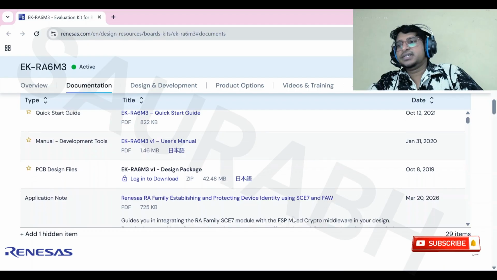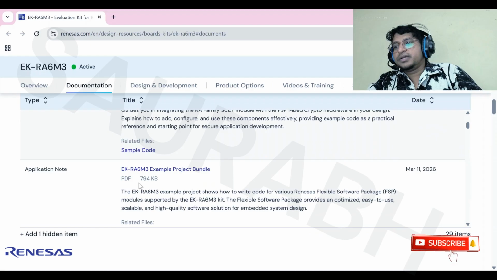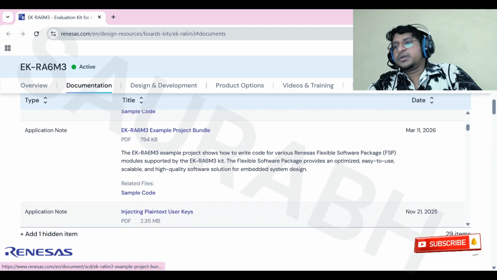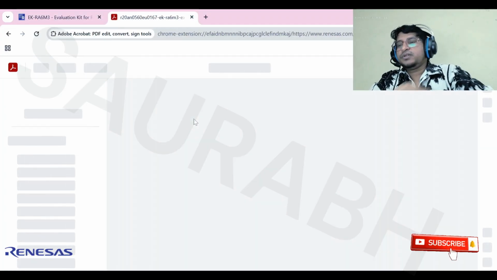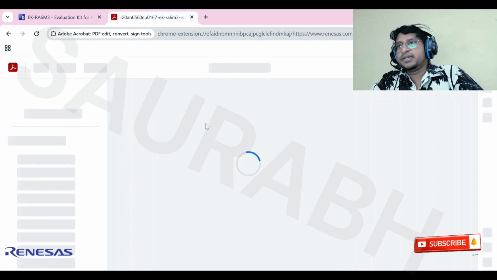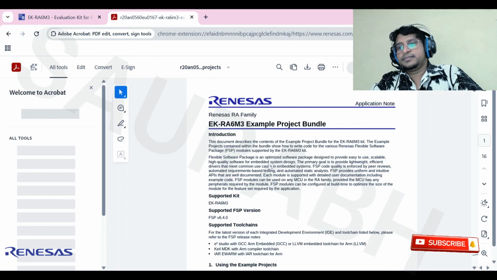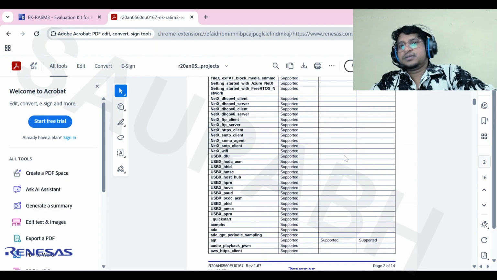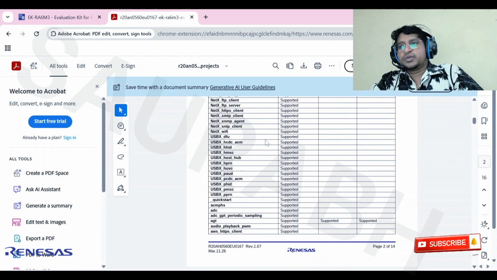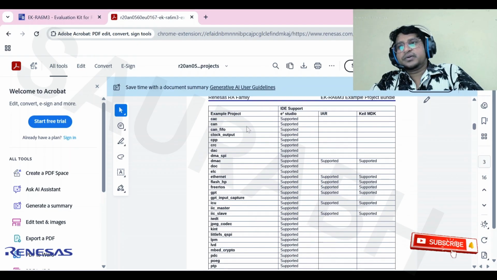Meanwhile, we can see here there are some bundle codes. You can see here there are sample codes, or here you can see bundle codes. In the bundle codes, all those codes come for all peripherals, starting from Blink, starting from the ADC, all those peripherals available in the bundle code. So here it opens up. So here you can see. I will also make a video on the RTT Viewer, where you can download and check these codes also.